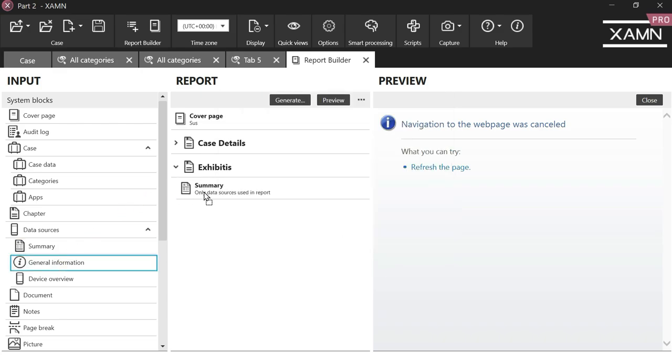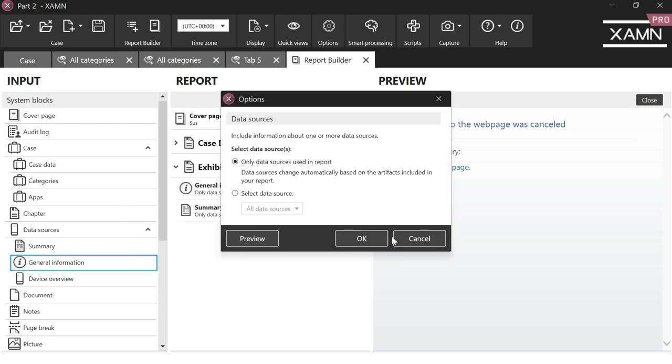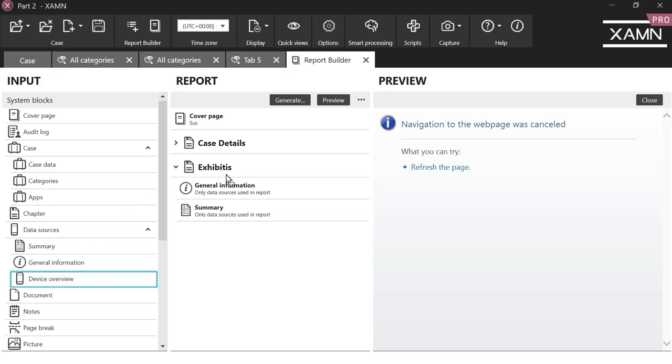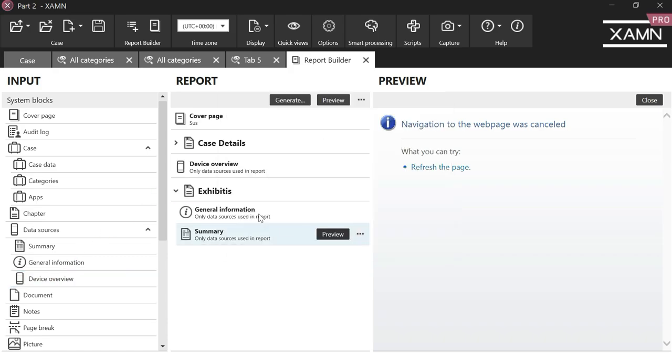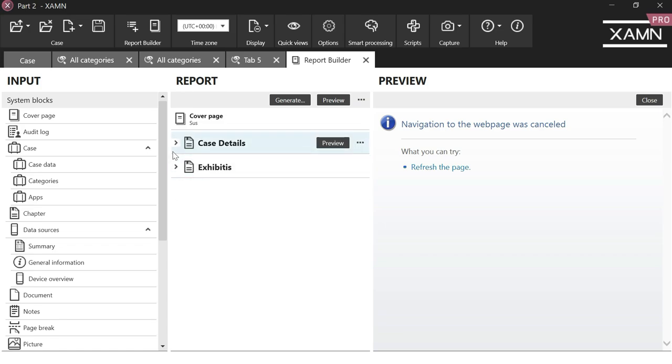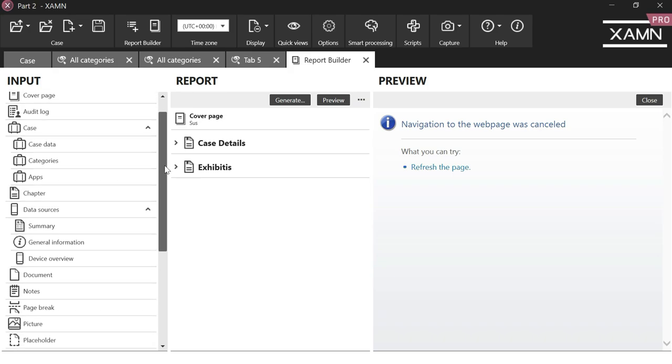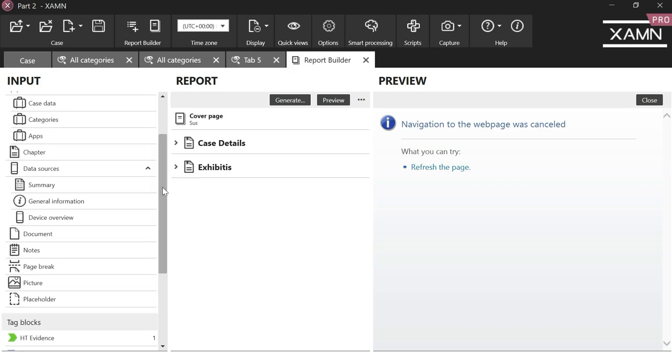I'm going to want the general information and the device overview, which you can see I dragged it into the wrong place, but I can simply just move it and put it into there. And you can see that my report is now taking on some resemblance of what a report would look like. And I might have things such as executive summary and other ways that you normally lay out your reports. So say if I want to create this template and then we get into, say, a chapter of